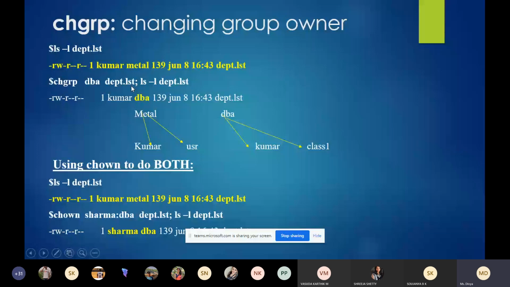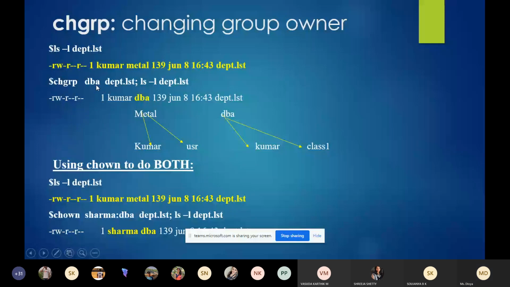Now you can see the group name has changed. Initially it was metal. After you execute this command, it will get changed to DBA, the new group name. Now Kumar, initially he was in metal, now he is assigned to DBA. Clear? The only change here is you have to use the chgrp command and you have to give the name of the group.